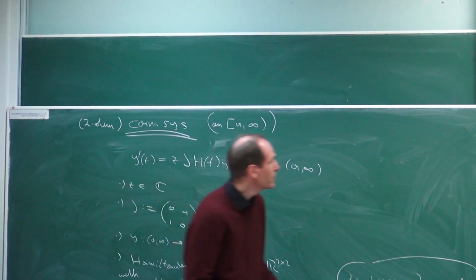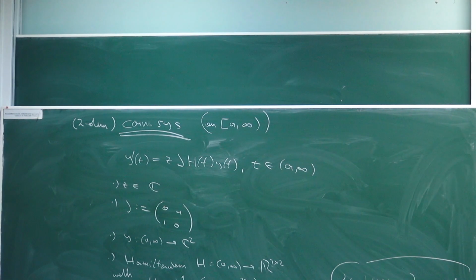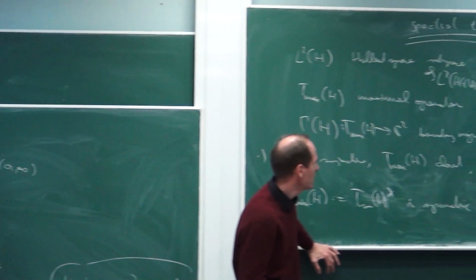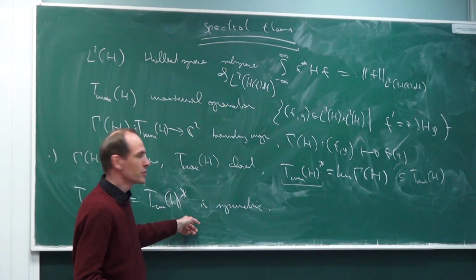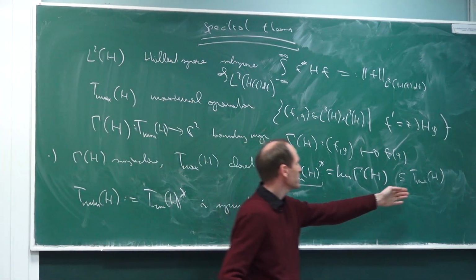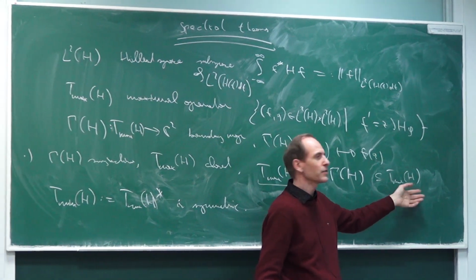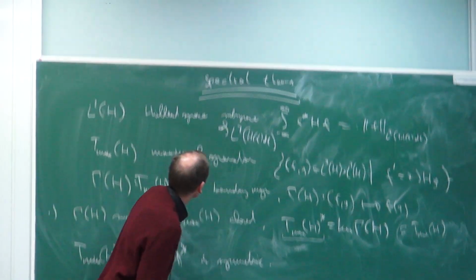Now, the situation: we want to make spectral theory, we want to have something self-adjoint. Unfortunately, there is a gap. This symmetric operator, the minimal is contained in the maximal, but there is a gap. So the situation that you need,